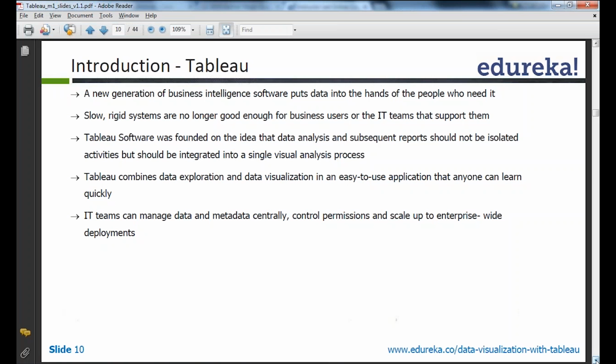Right, so exactly. The big advantage is, if you are a business analyst or a data analyst, it puts the power in you to focus on the insights rather than how you arrange the data, create the fields, etc. It gives you the power to focus on insights. Slow, rigid systems are no longer good enough for the business users or the IT teams that support them. Tableau software was founded on the idea that data analysis and subsequent reports should not be isolated activities, but should be integrated into a single visual analysis process, which would, in other words, mean,